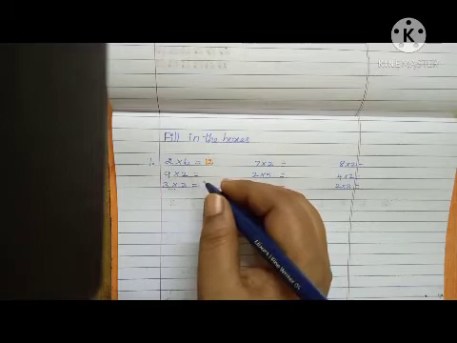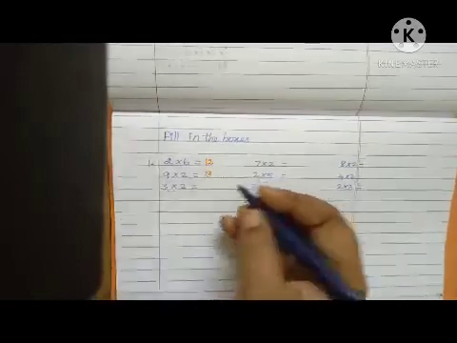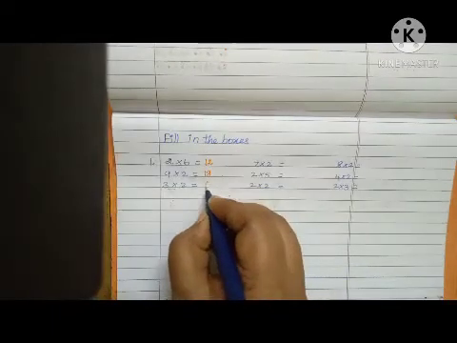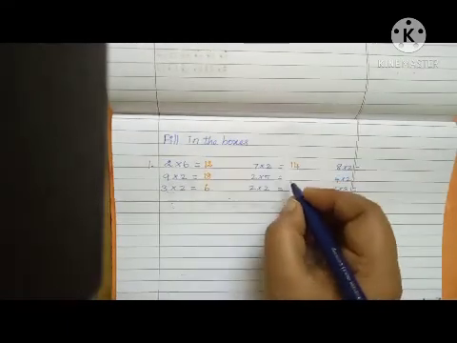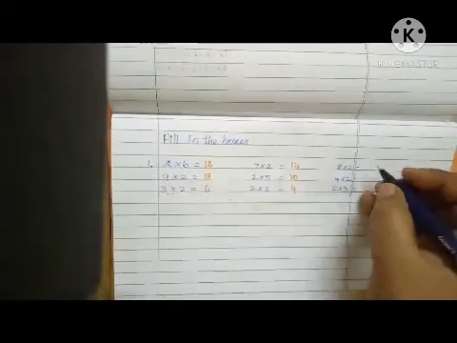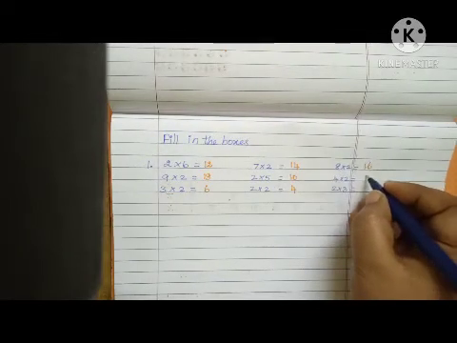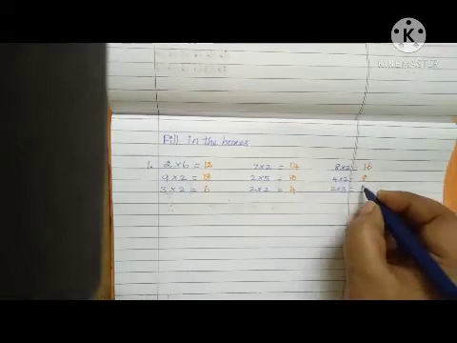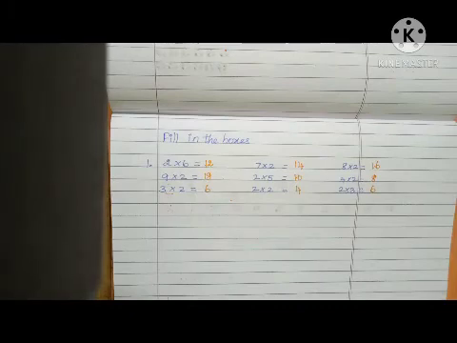2 table, 2 1s are, 2 2s are, 2 4s are, up to 9 times. So 2 9s are 18. Okay. 3 2s are 6. 7 2s are 14. 5 2s are 10. 2 2s are 4. 8 2s are 16. 4 2s are 8. 3 2s are 6. Okay. You learn the 2 table thoroughly. Whenever asked for the product or any question, you are ready to say the answer.